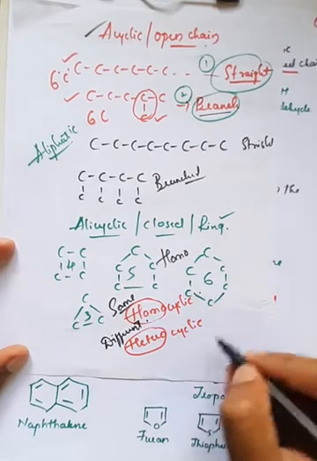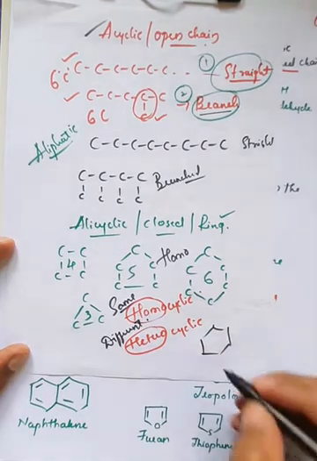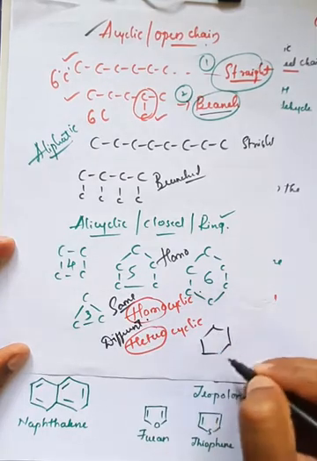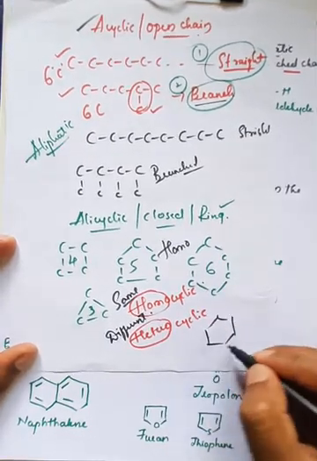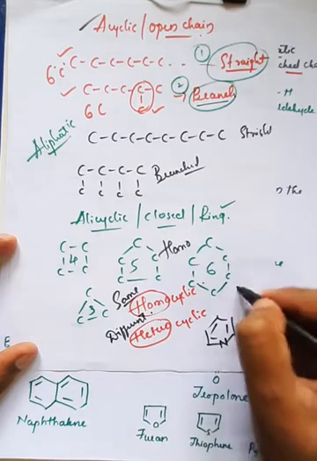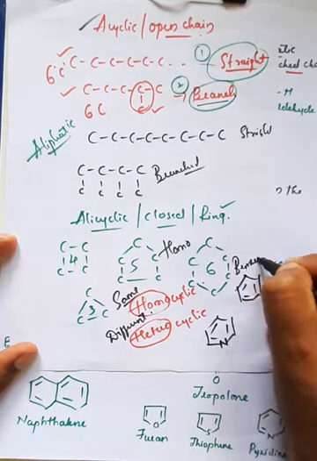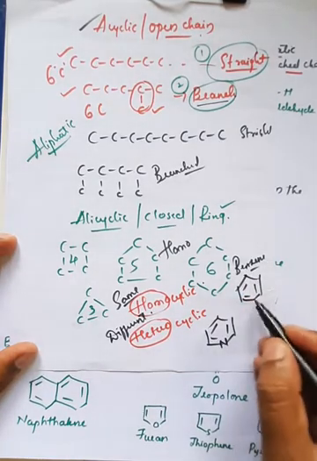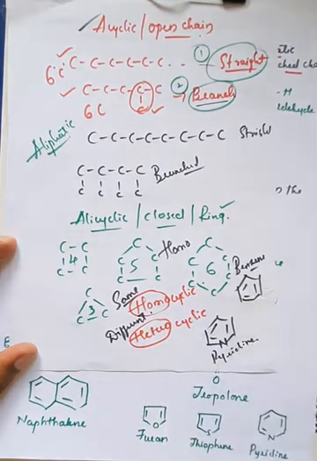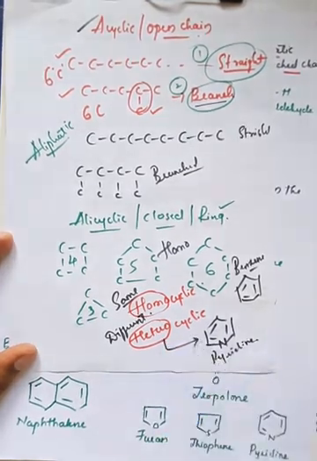For example, if you take cyclohexane, cyclohexane consists of 6 carbon atoms. So these are 6 carbon atoms. Out of these 6 carbon atoms, if I remove one carbon atom and fix a nitrogen, right? Generally if you take the example of benzene, benzene consists of all 6 carbon atoms in a cyclic chain, right? So this is called benzene. From benzene, if you remove one carbon atom and add nitrogen, it is called pyridine, right? So here there is not only carbon; along with carbon there is one more atom, that is nitrogen, therefore it is called heterocyclic, right?